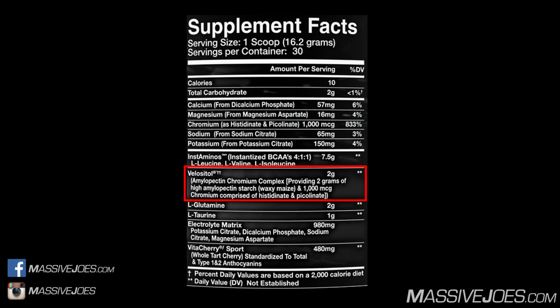Velocitol, for viewers at home who are unaware, acutely increases muscle protein synthesis. Also boosts insulinogenic response and insulin sensitivity to increase amino acid uptake, so you're going to get more of those 4:1 ratio BCAAs into the bloodstream where you want them. The clinical dose of Velocitol to achieve these effects is 2 grams. We have 2 grams. It is therefore perfectly dosed, and you can already start to see, viewers, a little bit